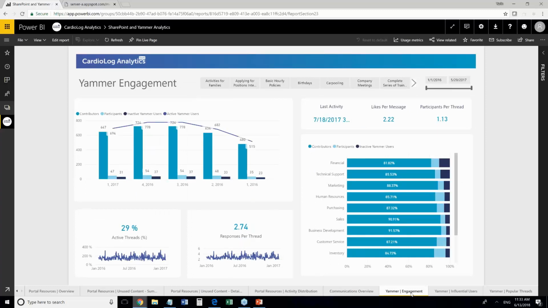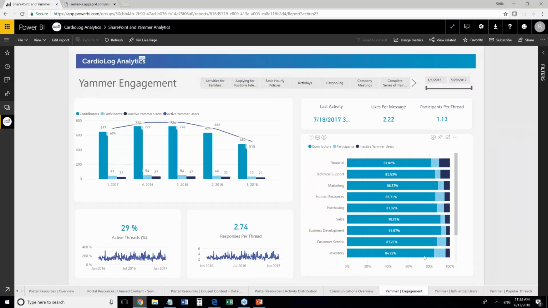On my current screen, let me get my highlighter again, you can see how we can filter by Yammer groups at the very top. You can see trends over time. Here you can see which departments are most active in Yammer. So if you want to know who to give some Yammer training to, here you know who the